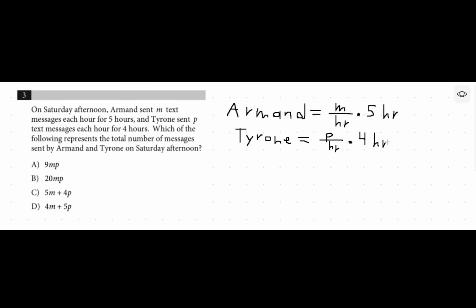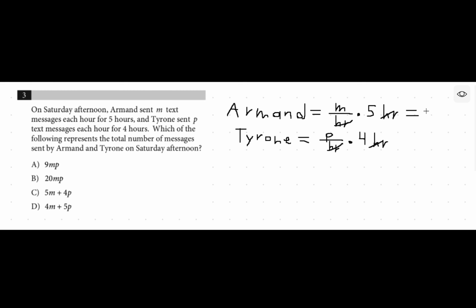So what we have to do now is add these two quantities together because we want the total amount that both Armand and Tyrone sent on the Saturday afternoon. But first, we could actually cancel out the units here. So we have units of hours here. So we have hours in the numerator, hours in the denominator. So these just cancel out. And the same thing for Tyrone. We have hours in the numerator, hours in the denominator here. So they'll cancel out. So we have to add the amount from Armand, which is going to just now be